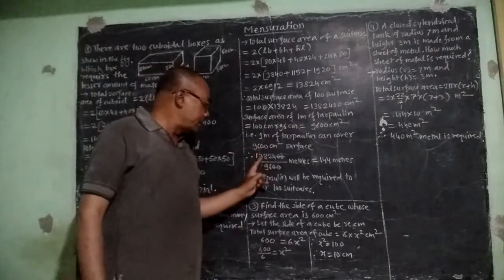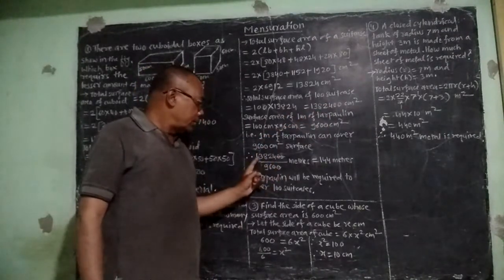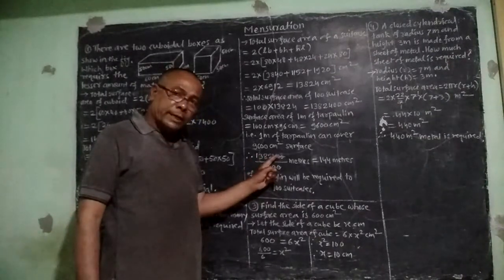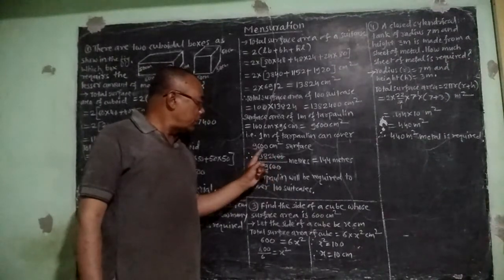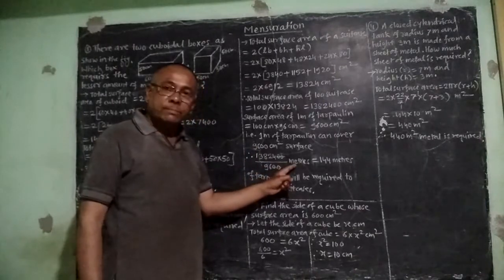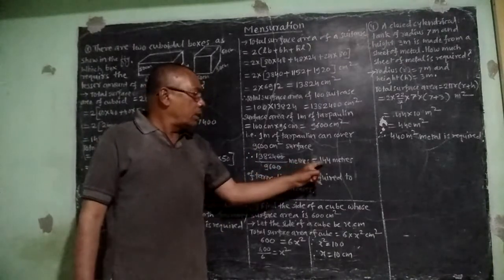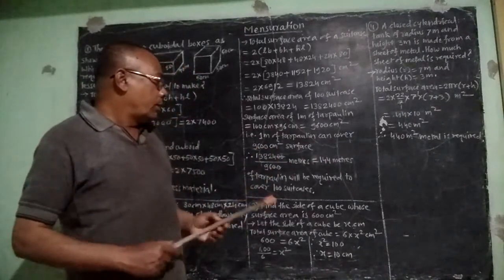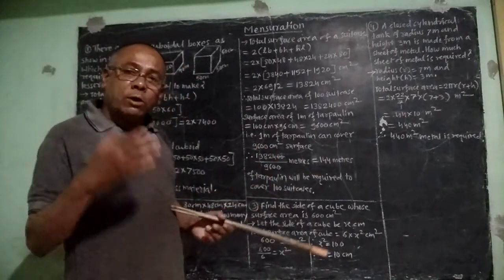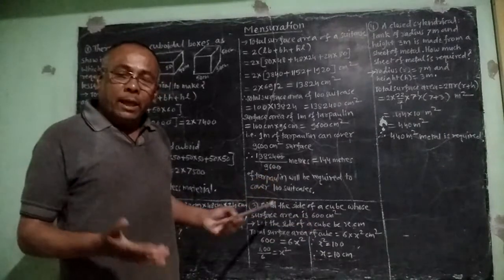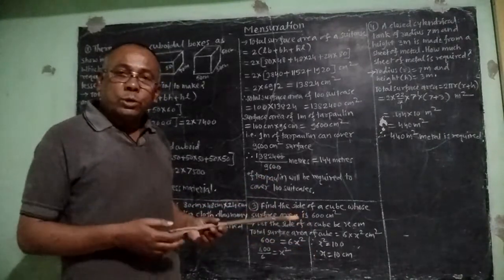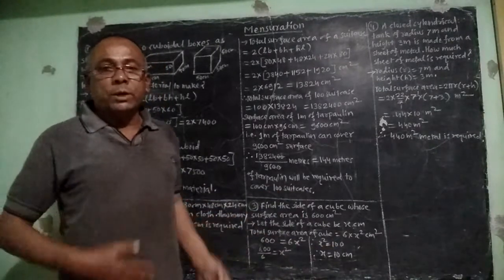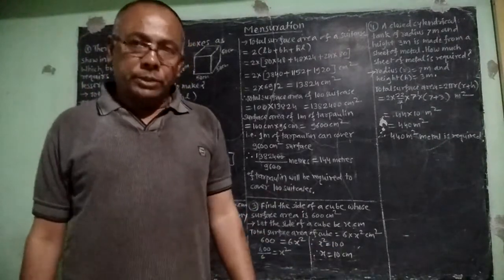But we know we have total surface that is 13,82,400 centimeters square. So here 13,82,400 divided by 9,600 meters, and that will be 144 meters. So in this way 144 meter of tarpaulin cloth is required to cover 100 suitcases.